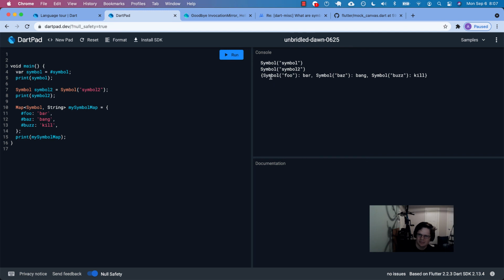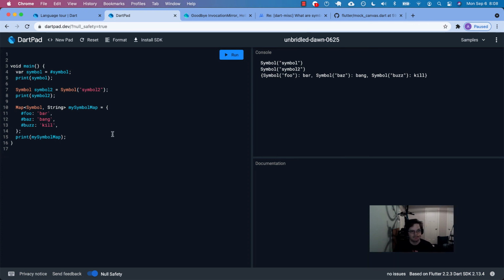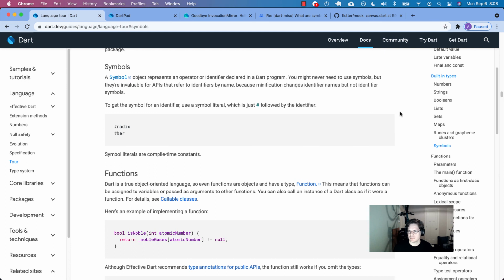So it's a little ugly that what it prints out is all these symbol things. But again, if you're not using it that much, that's okay. Now I did want to see what if I try to do this twice? Will it allow it? I think it'll treat it just like a string and kind of strip it out. Yeah. Okay. So those are symbols. That's how you can use them. You're probably not going to use them unless you really need them, at which point you have moved well beyond